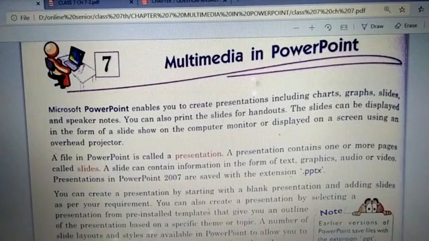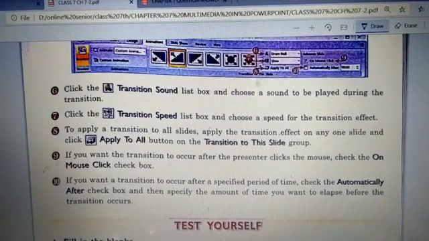So, see here. The very first line says Microsoft PowerPoint enables you to create presentation including charts, graphics, slides, and speaker notes, right? So what will be the answer of this? Microsoft PowerPoint.